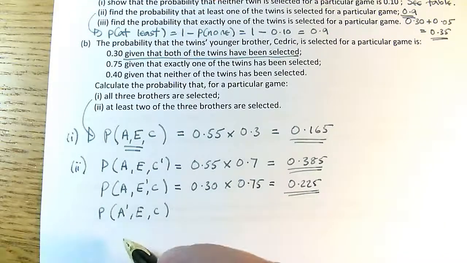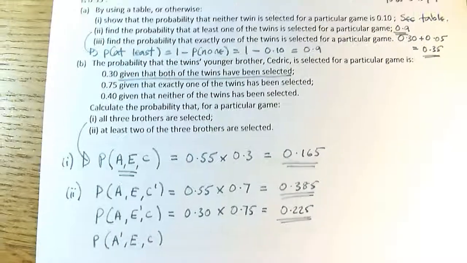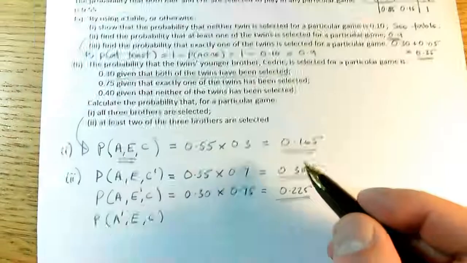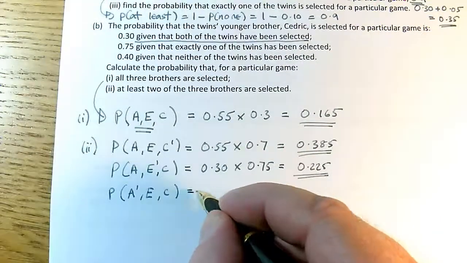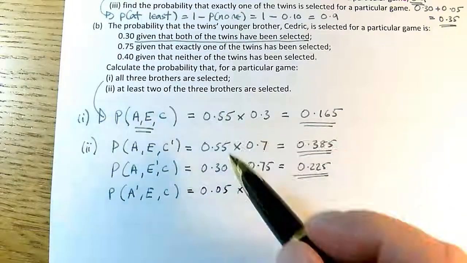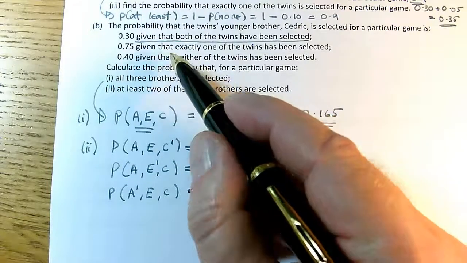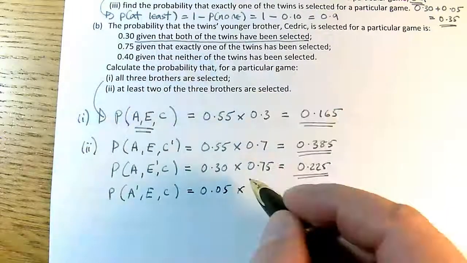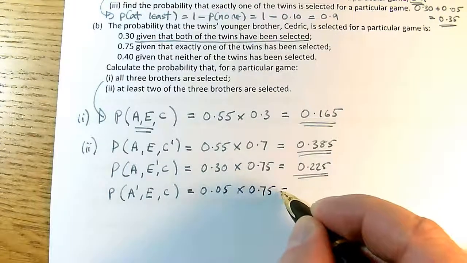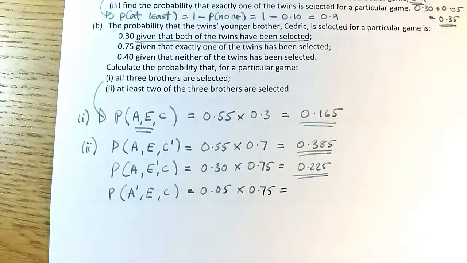And finally, I could have something similar, but this time Alec doesn't play, but Eric does play. So Alec doesn't play and Eric playing is 0.05. So I can do 0.05 times, once again, the probability that Cedric plays will be 0.75, because exactly one of the twins is playing. So that probability gives me